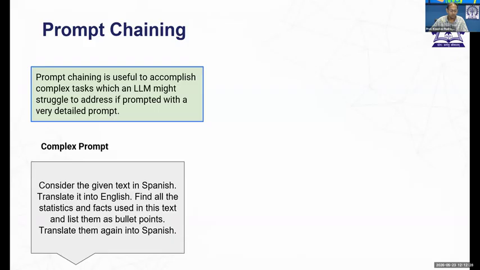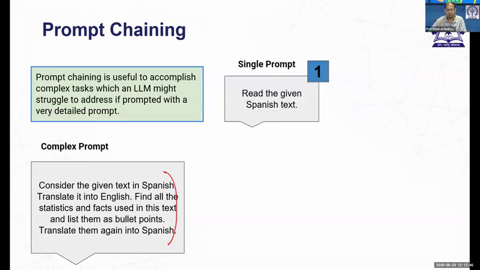Consider translating the given text from Spanish to English. This is a machine translation task. Then find all the statistics and facts used in this text and list them as bullet points. Then translate them again into Spanish. This is the entire task that I have to do. Now, if I have to decompose this entire prompt into small subtasks, I can start with a